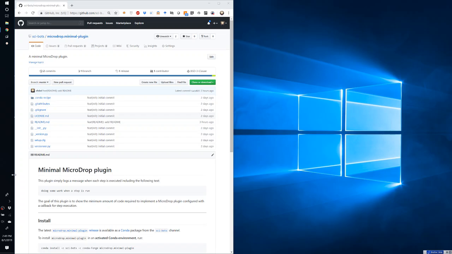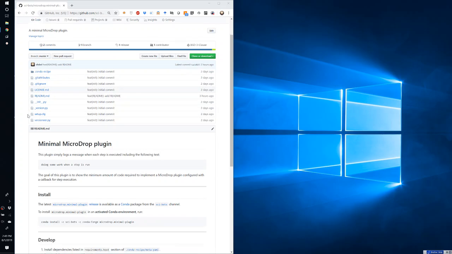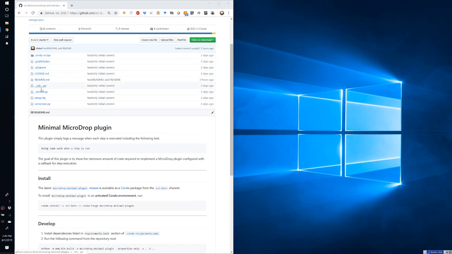This video is the first in a series focused on developing plugins for Microdrop. The goal of this video will be to create a minimal plugin similar to the one published at Sci-Bots microdrop.minimal-plugin on GitHub. And this plugin, you can see, has the basic structure that includes version year for specifying the